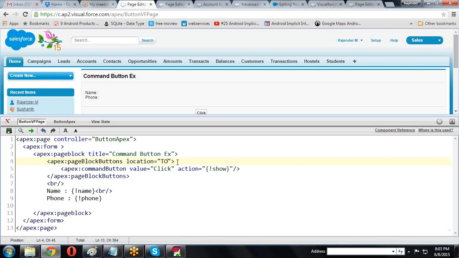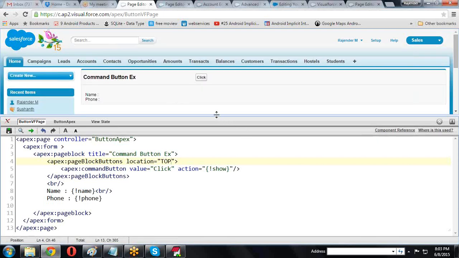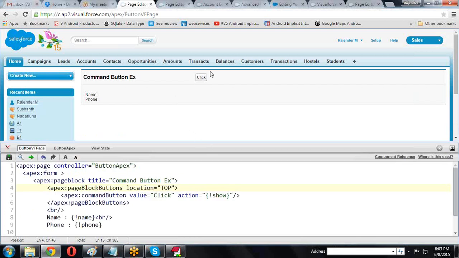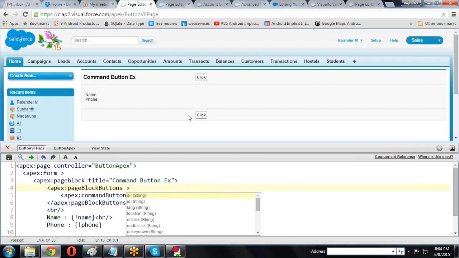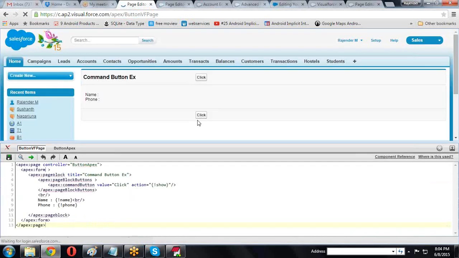Is it clear? In this Visualforce page creation, we create either top only, or top and bottom. If you want, you can use top or bottom. It is the same thing.